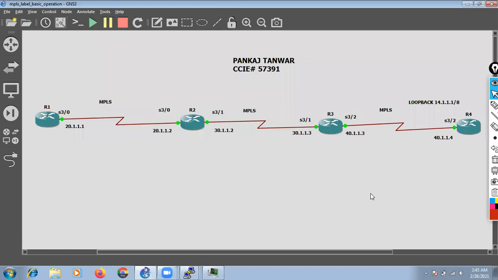Now let's verify a few things that we earlier discussed. On R1, this is the connected subnet, the 20 network. In the local table of R1, the label for the 20 network must be implicit null, right?